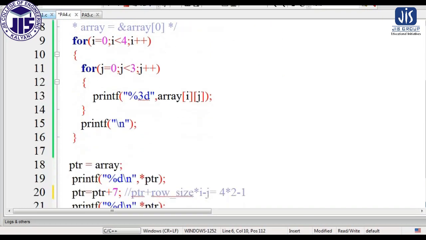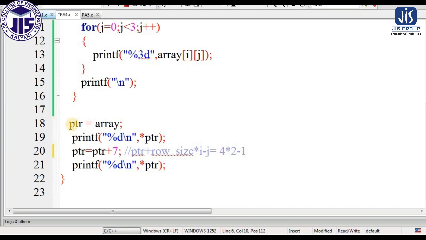Now how do we assign it? As you see, pointer variable ptr is equal to just the name of the array. That means the base address of the array we are assigning to the pointer variable. The concept is very similar to a 1-dimensional array. Just by providing the array name, we can assign the base address of the array to the pointer variable. Now we can print the different elements through the pointer variable in that way, and one increment operation on the pointer variable will shift to the next element. That means if we perform ptr plus 1, it will shift to the next element.